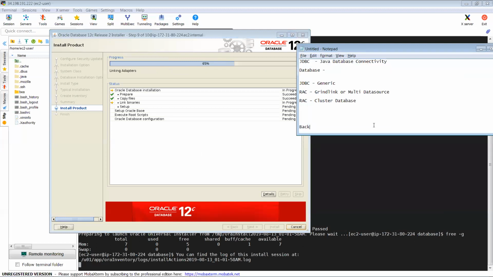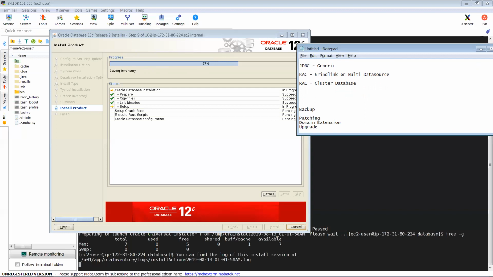When you do backup, there are some cases when you should consider taking one. One of them is patching. Another is domain extension, and upgrade. These are the three scenarios. If you're working with a log file or a small change, that's fine. And even if you're taking a backup, have two strategies: you do backup for WebLogic home